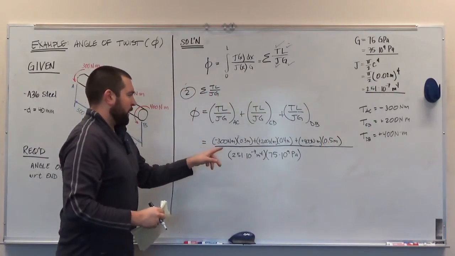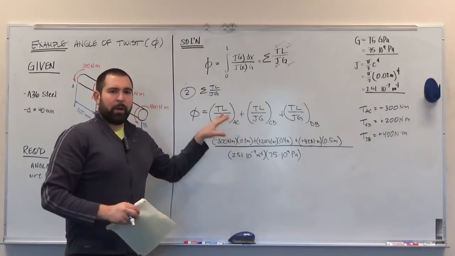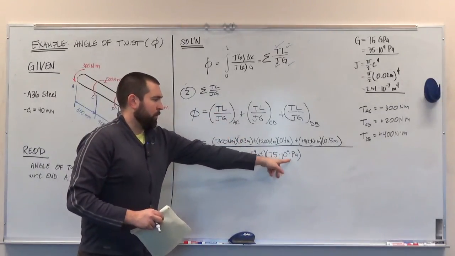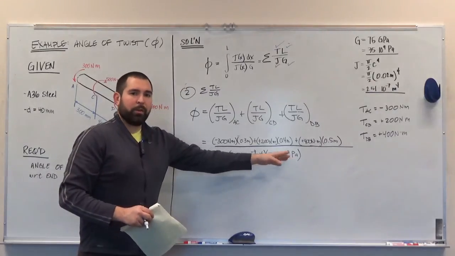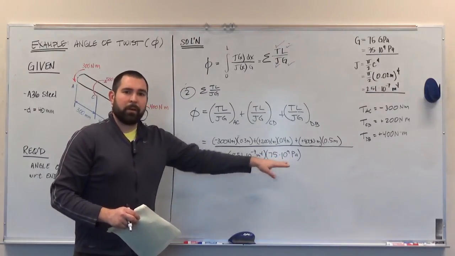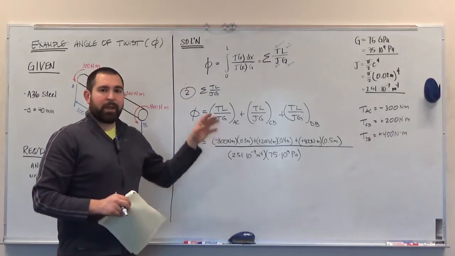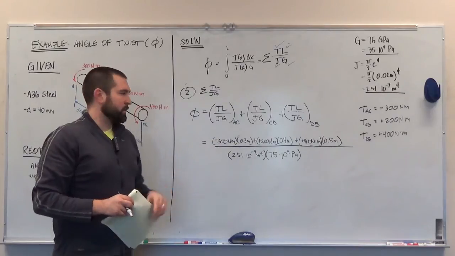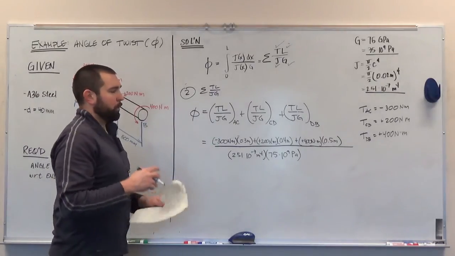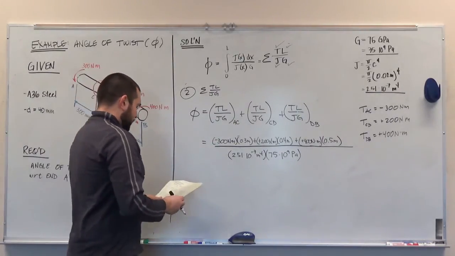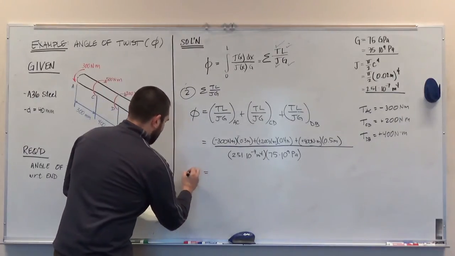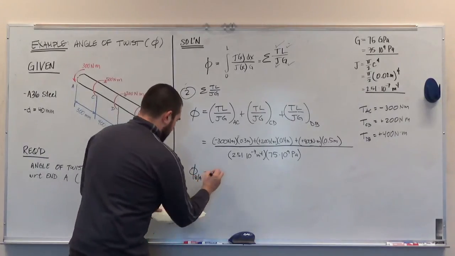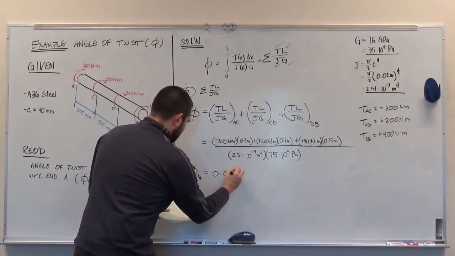Okay, units will all work out. I'll get newtons times meters squared in the numerator. I will get meters to the 4th times newtons per meter squared, which would be newtons per square meter in the denominator, so they cancel out. And my final units for angle of twist will be radians, which is a unitless figure, but we still write radians at the end. And so what I end up with here is a value of the angle of twist of point B relative to point A of 0.01008